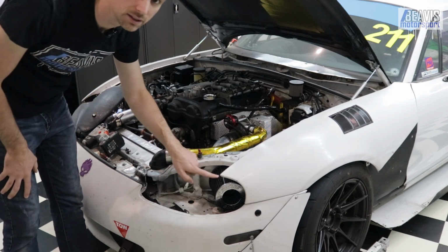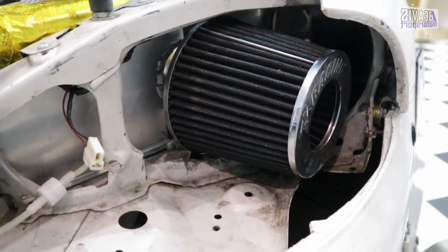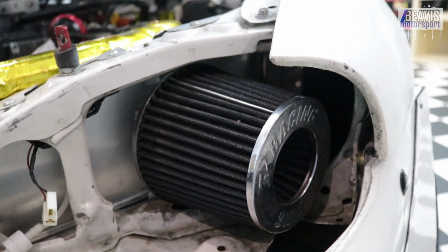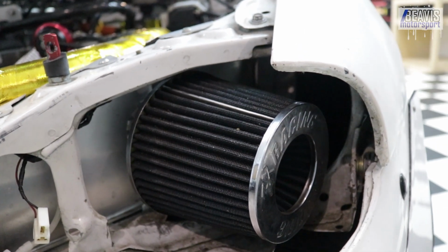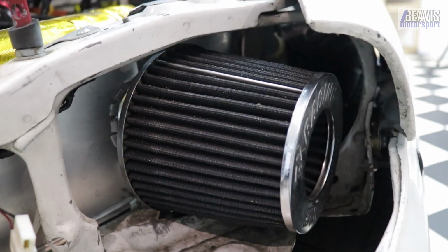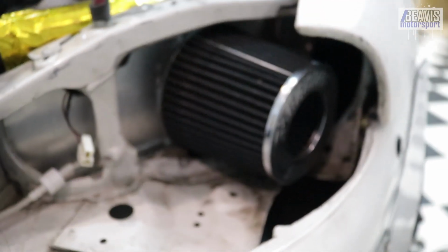And here is my current pod filter. So this is a generic eBay sort of sourced pod filter. It's pretty dirty. I've had it for a long time. I've cleaned it a couple of times and honestly it does clean up okay, but it definitely doesn't look great at the moment. Like there's a bit of chunk of something in there, look at that. Bit of poopy. But honestly, it's cheap,